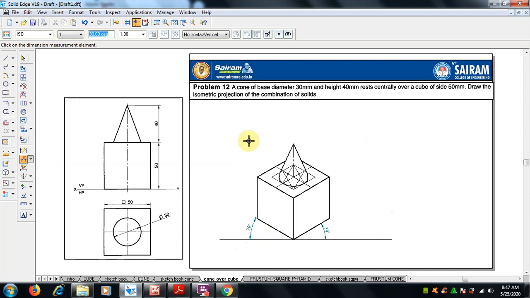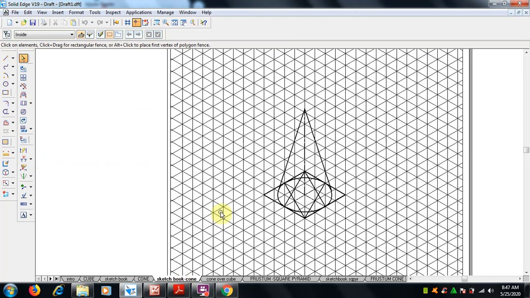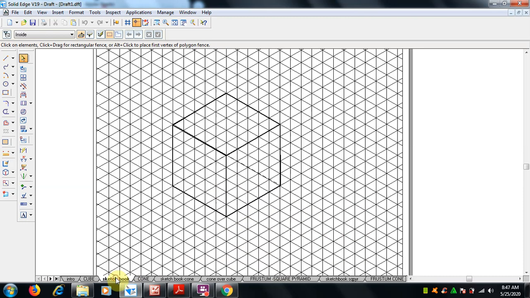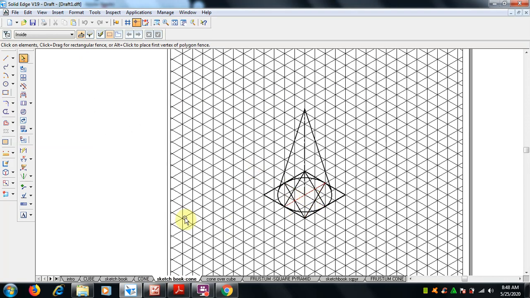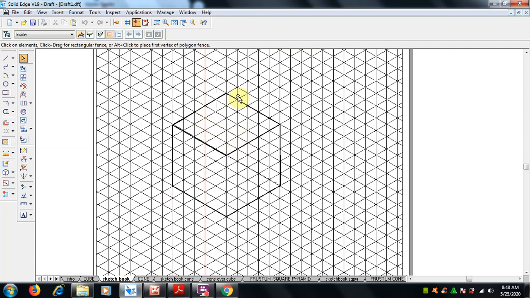Okay, fine. Now like this, I hope we can do it in sketchbook. So in sketchbook, first what we have to make is the square block. Just we have to make the square block, and in this we have to find the base. We have to draw the 40 mm cone here, right? So we have to draw the 40 mm cone over this box. In this box we have to draw, and then circle, then again cone, and we can finish it up.